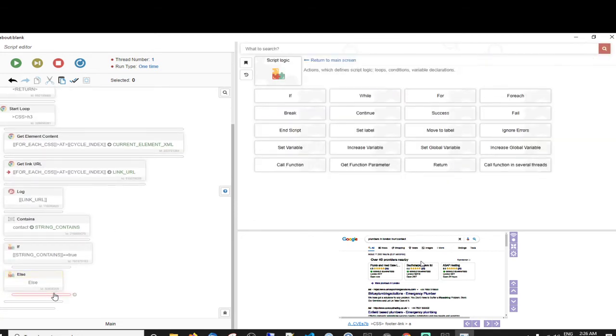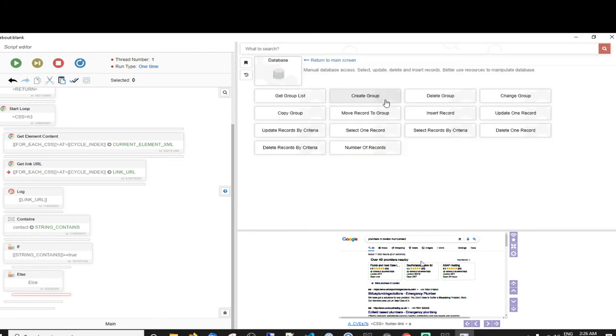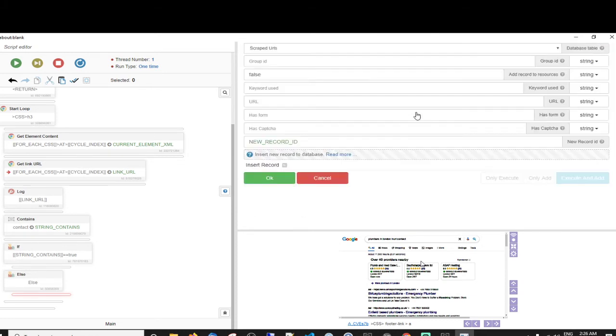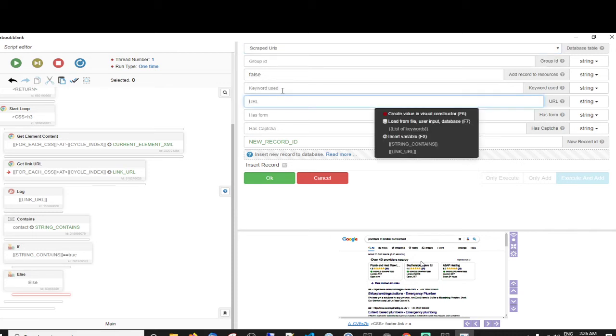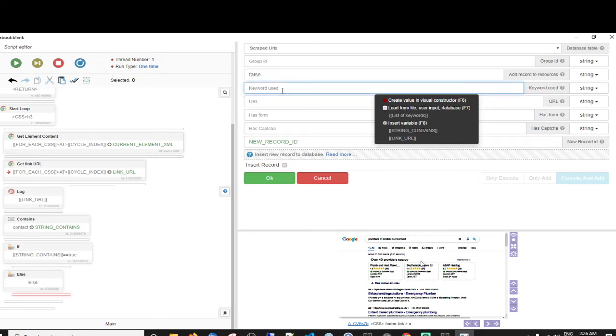So if it does, then what we want to do is scrape URLs, and then just the current keyword. We could do that now as well.